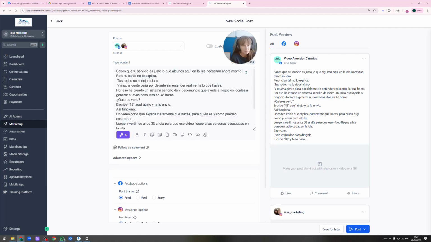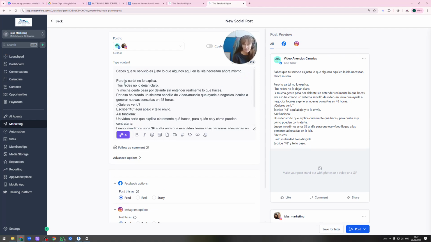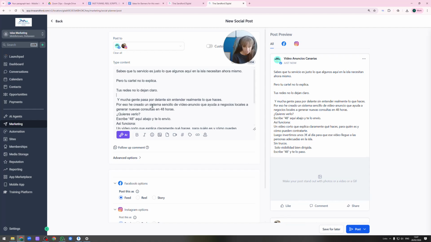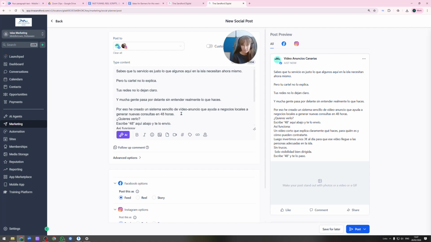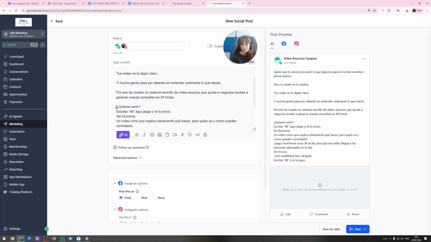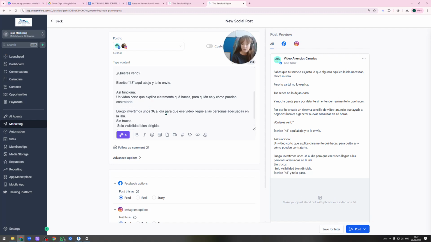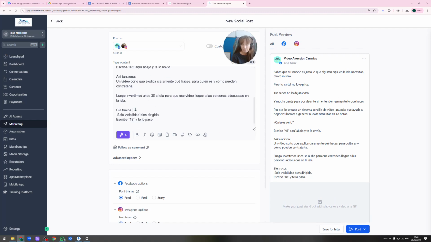The only thing is that when I pasted that particular script in from where I'd written it, I didn't line it up properly, so I am going to have to quickly make sure it's aligned so it looks okay. And I'm going to put spaces in between so that it reads well in the feed, because most people use their phones these days rather than computers to look at things, which means that you want it to